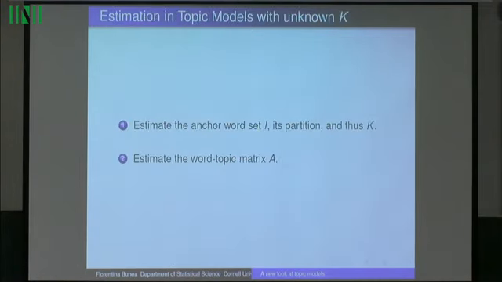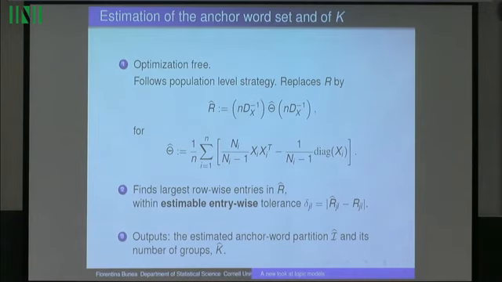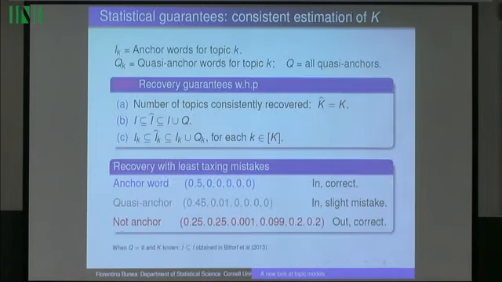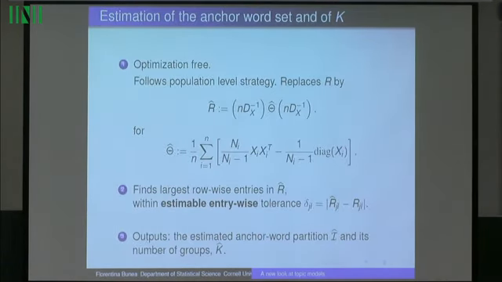So let's do the estimation. The only thing that's noteworthy about estimation is the algorithm finds, once again, first the anchor words. In order to do it, it looks at maxima on the rows of this matrix. In the population version it was called R, now it is called R hat. Naturally there will be values, and you look for the maximum values, some values that are pretty large, and you take a few that are close enough. What close enough is, is relative to